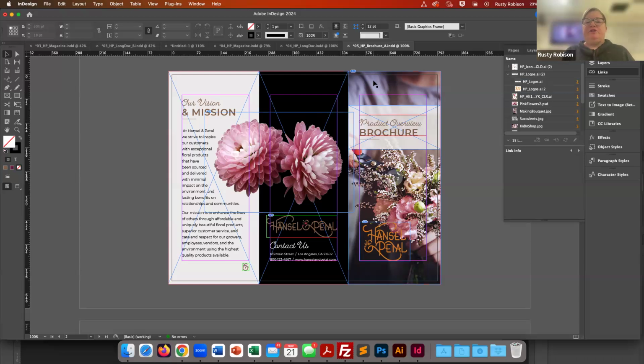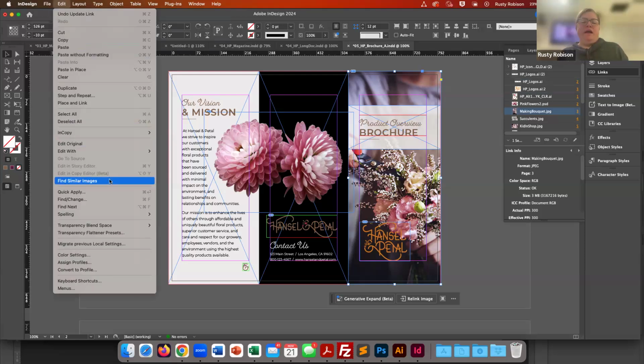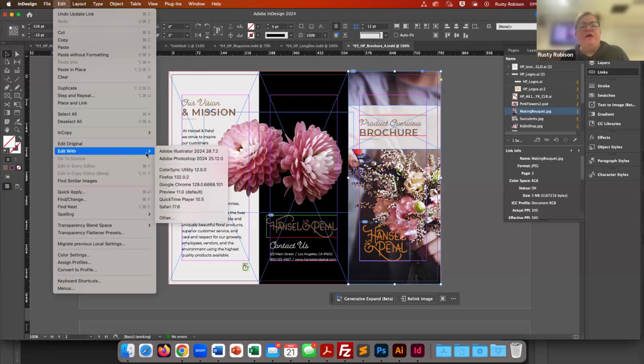Now, if I were to make changes to this one, if I did edit original, for me, because of the way my laptop's set up, and something similar might happen with Windows, it's not going to open it up in Photoshop automatically. For me, it's going to open it up in Preview, which is not what I want. I can choose instead edit with, and then I can go to Photoshop,